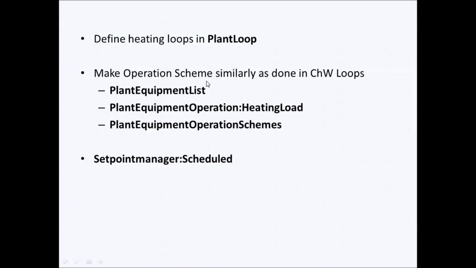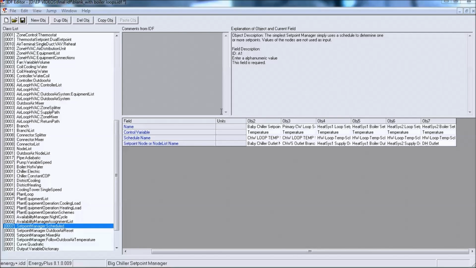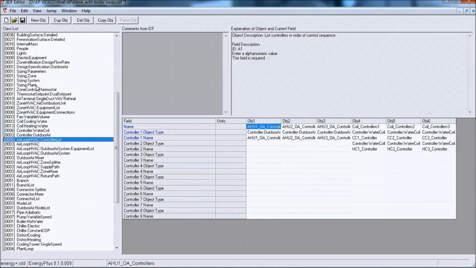After making these, the only thing left would be to define heating loops in the plant loop object and make the operation scheme similarly as done in chilled water loops. So you have to make the plant equipment list first, then the operation heating load, then operation schemes. After that, the set point managers schedule would be left. There would be a total of four set point managers. After this, the major part left is just completing the IDF file,